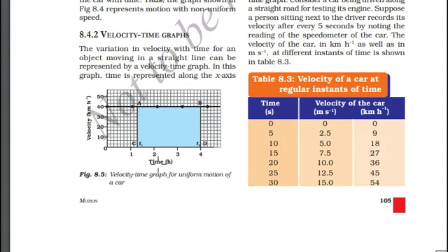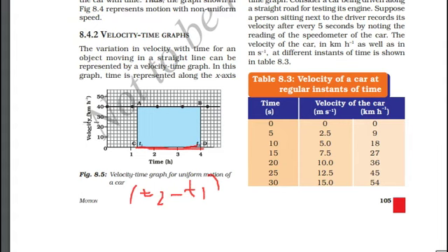Now let us denote this point on the x-axis as t1, time 1, and this point as t2. The length of this line segment is t2 minus t1. When we subtract t2 minus t1, we will get the length of this part. We are done with one axis. Now let us see the velocity part.